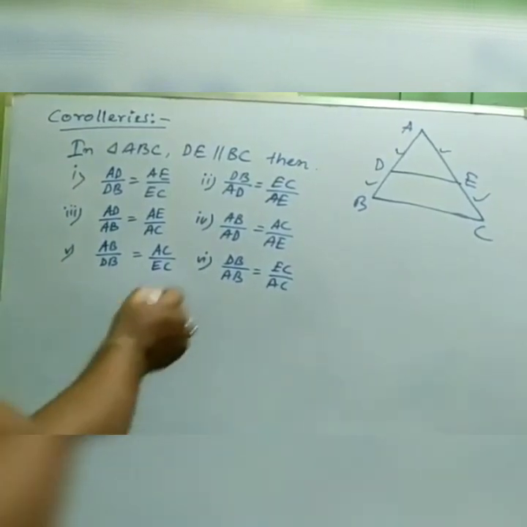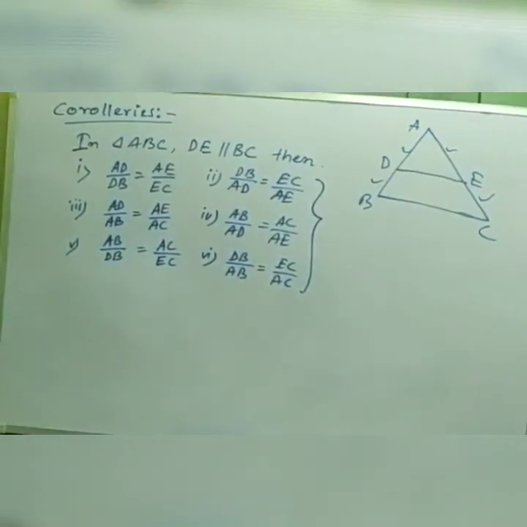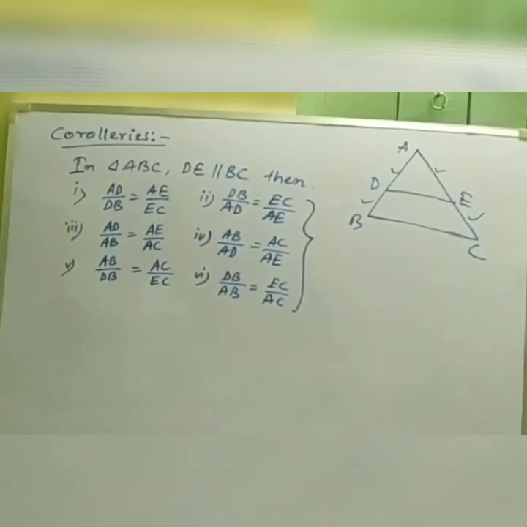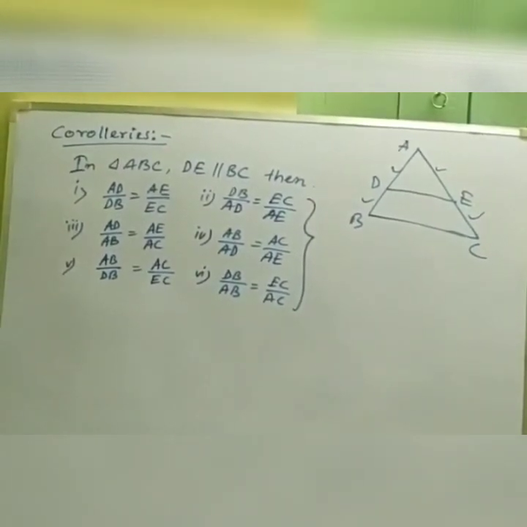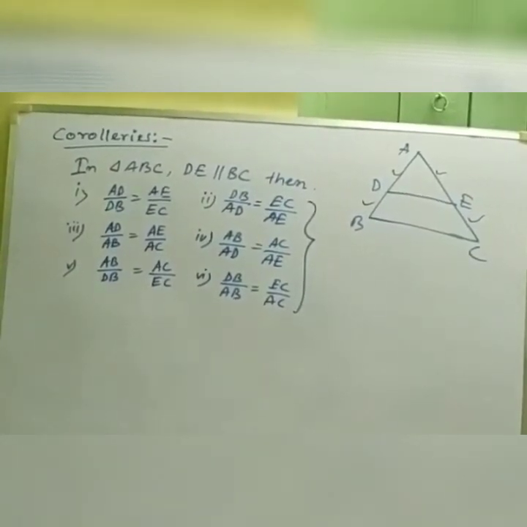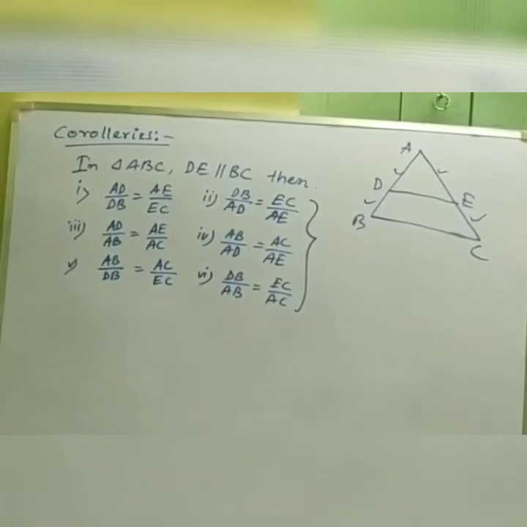So these are the 6 corollaries, and you should remember them, because whenever you solve questions related to this BPT, one of these corollaries can come in handy for the solution, and you can use it there. I hope you have understood similar triangles, the introduction, the basic proportionality theorem and the converse basic proportionality theorem. These are all the introduction part, that is part 1 of the triangle chapter of your class 10 syllabus.